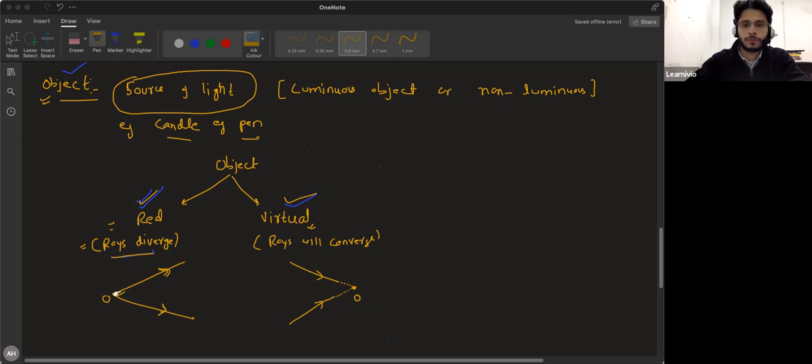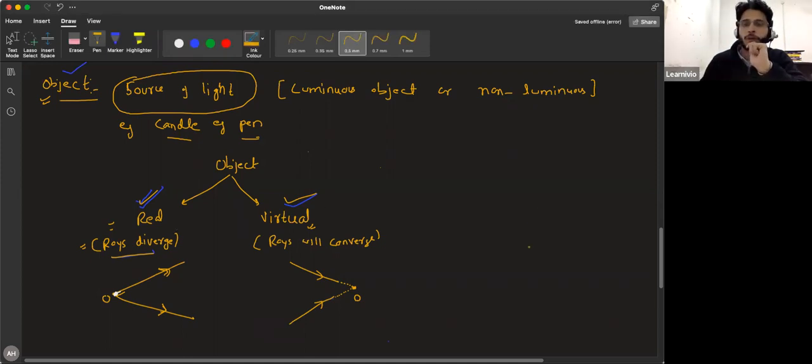Sir, in the virtual objects, the rays appear to meet, right? They are not actually meeting. In which object or image? Objects, sir. The rays would have met if there is no lens or mirror in between. It means if you have this lens